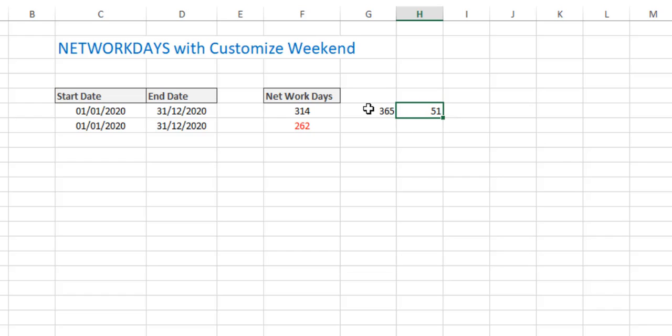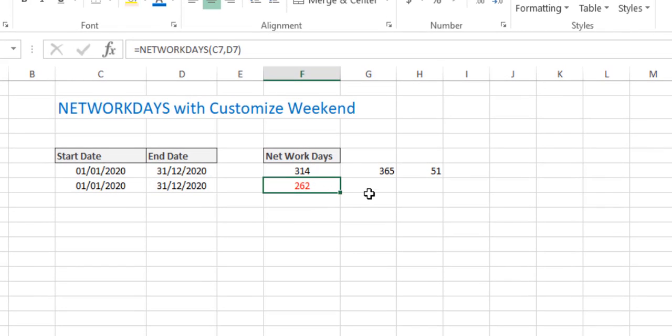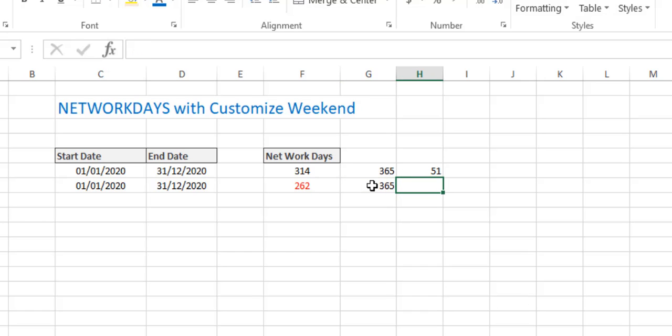So this is how the sum checkup and recheck is working with this. And here in the same date, 1/1/2020 to 31/12/2020, we got this NETWORKDAYS C7, D7, and NETWORKDAYS is by default taking 2 weekends, which is Saturday and Sunday. If we recheck this, 365 equal to this minus